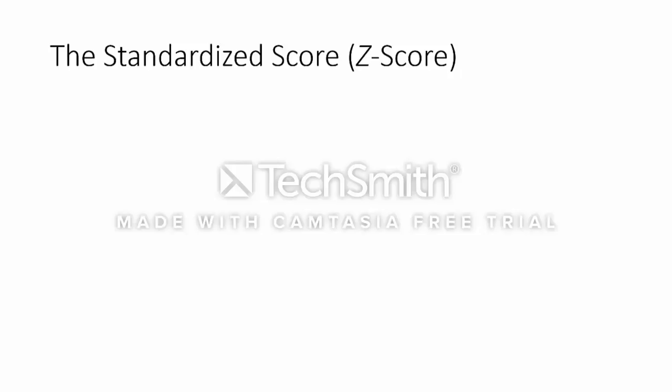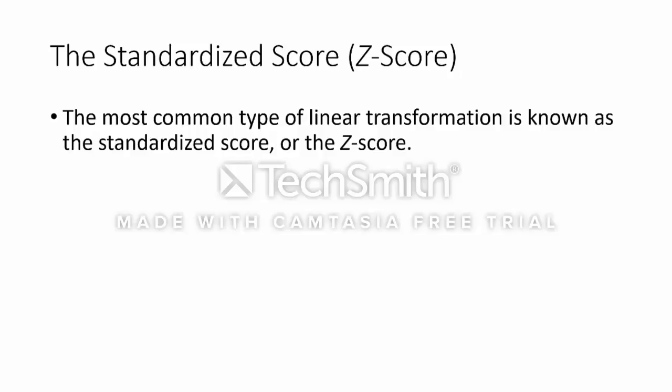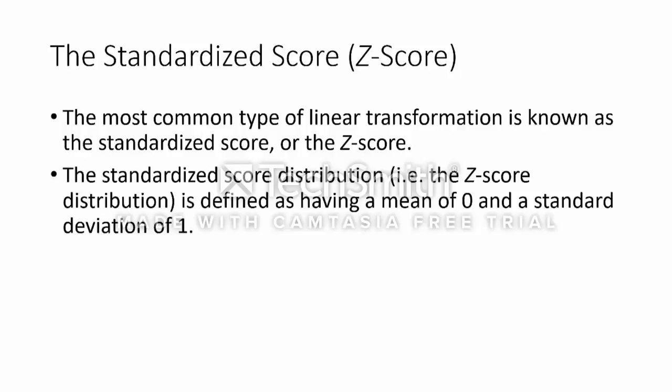While these types of transformation are useful for creating new scales, perhaps the most useful application of linear transformation is to put our scores onto a standardized scale. This is, in fact, the most common type of transformation. We often refer to this style of standardization as the z-score. For the standardized distribution, aka the z-distribution, we define the distribution as having a mean of 0 and a standard